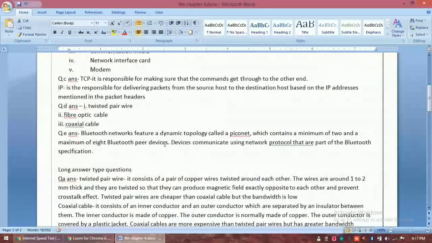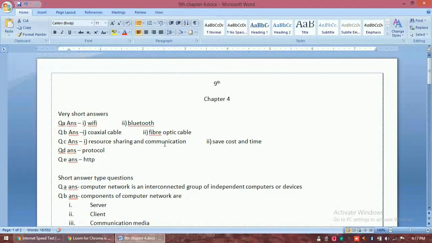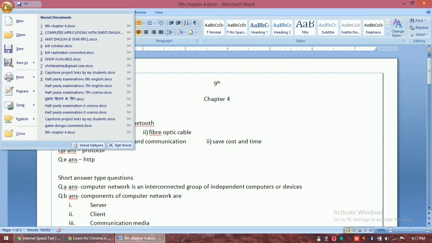Next feature is auto formatting. The auto formatting feature automatically formats your document as you type it by applying the associated styling to your text. So to apply auto formatting, you have to click on the file menu, and then from the file menu you can see here Word Options.